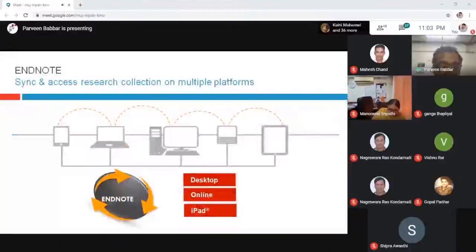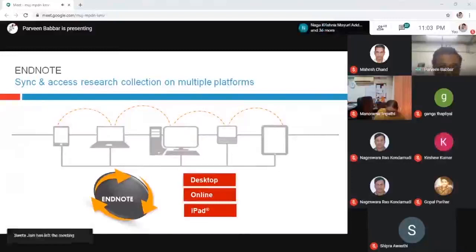Like other reference management tools, EndNote also has provisions to sync across devices like desktops, online, or mobiles. So you can use your EndNote library whenever you are traveling, and if you have an iPad, you can use it there. You can use EndNote Online as well.